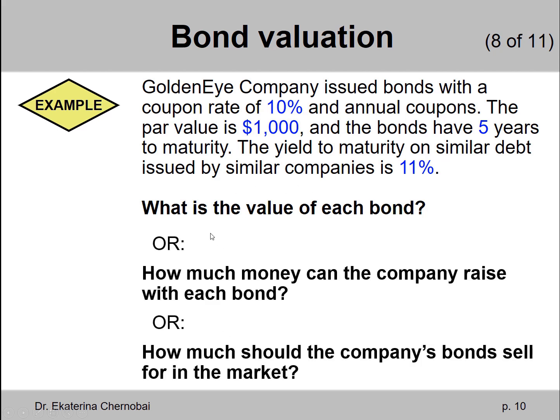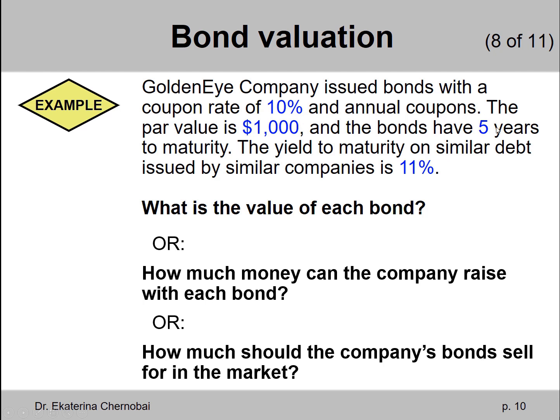This question could be put in different words. How much money can the company raise with each bond? Or how much should the company's bonds sell for in the market? It's all one and the same thing. So 10% coupon rate determines the coupon amount every year. The face value is given as $1,000, which is the same thing as the par value. This could be completely omitted, in which case you would assume that the face value or the par value is